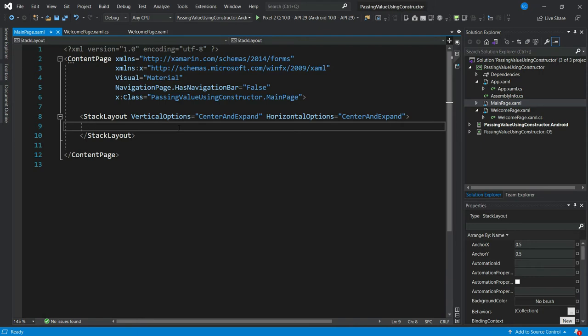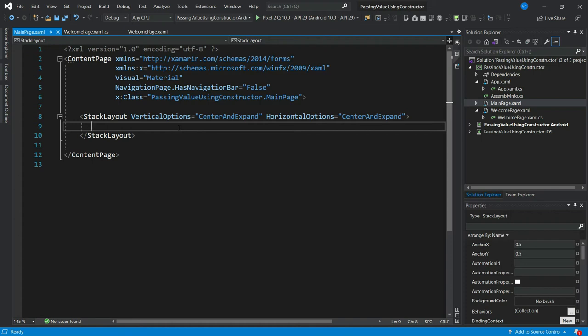In the previous video, we were storing the value in the application class current property, so that remains until the application gets terminated. So that occupies memory of your phone. This process will not occupy any memory in your phone. So this is an advantage over the previous value passing type.